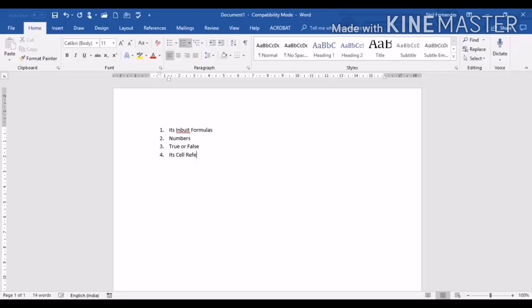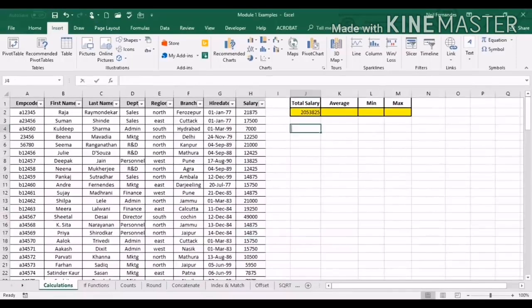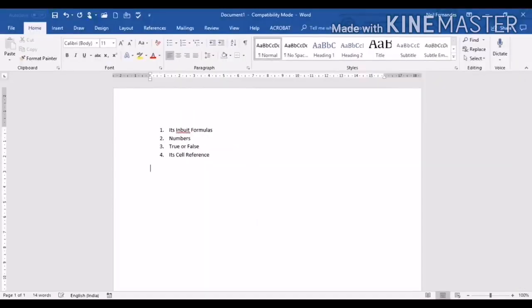When I say cell references, what does that mean? The references that we give to the cell in order to get any output or an answer. Even when I was doing the SUM function, I gave H:H as my cell reference. Other than the above, all the data needs to be entered in double quotes. If I want to give any information to Excel other than these 4 things, I will have to put it in double quotes like this. Anything other than the inbuilt functions, numbers, true or false or cell references, I'll put in double quotes. So we will explore this in detail in the next function, which is the SUMIF function.